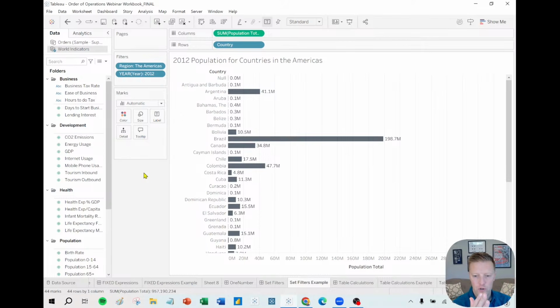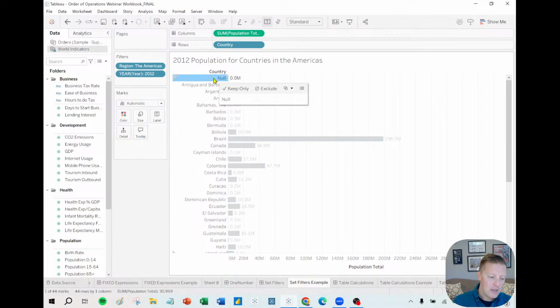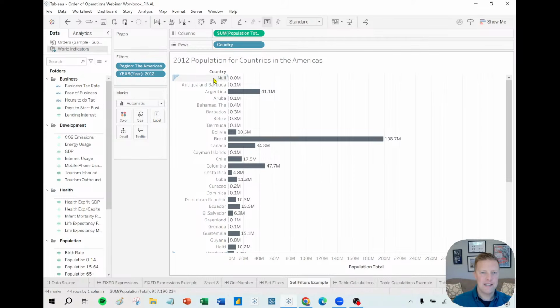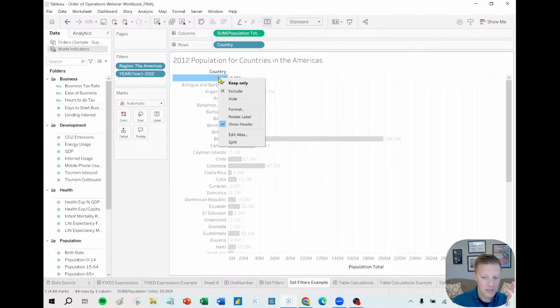a dimension that you're using in your worksheet, whether it's visible or it's just as a filter, and it has a null value, right? And you're like, I hate having this null value that my user could select, and they're very confused about it, and it always defaults to the top, and like, how do I get rid of this thing, right? So notice that null country is showing up at the top, but even if you were like exclude it or something,